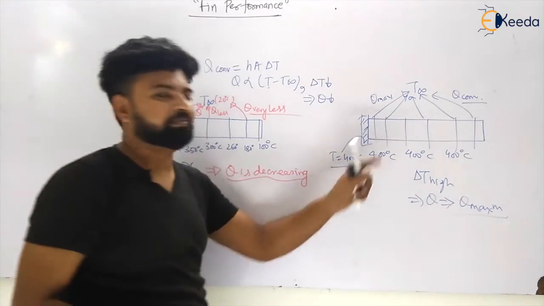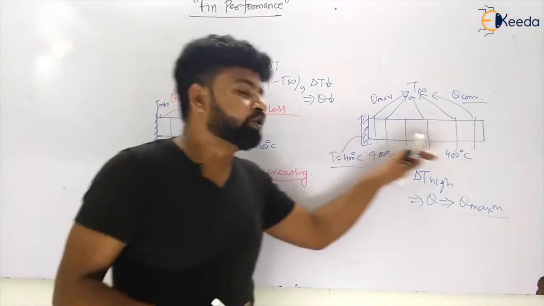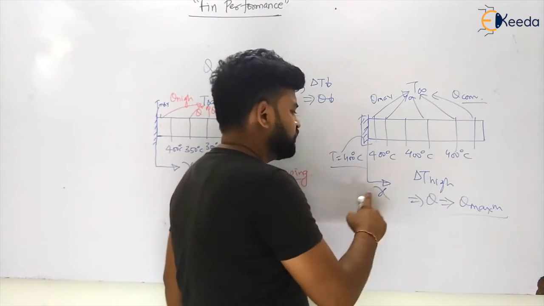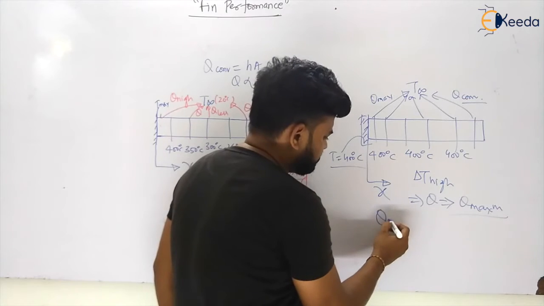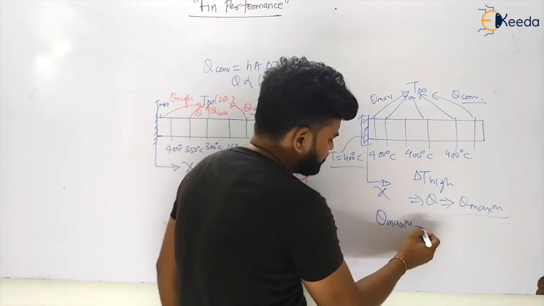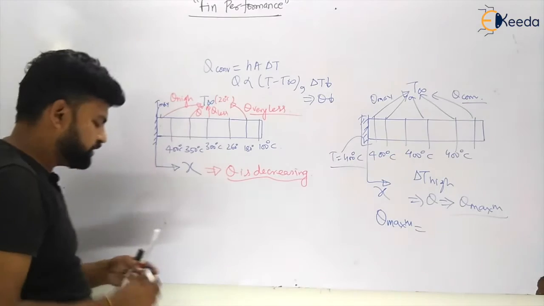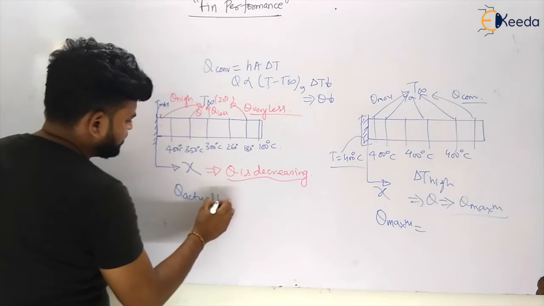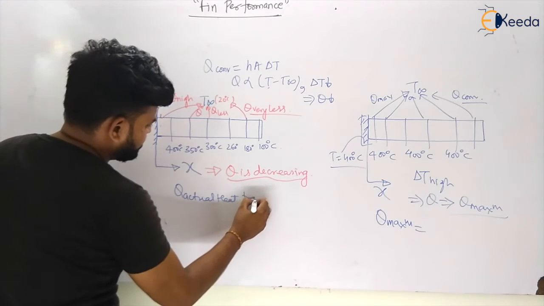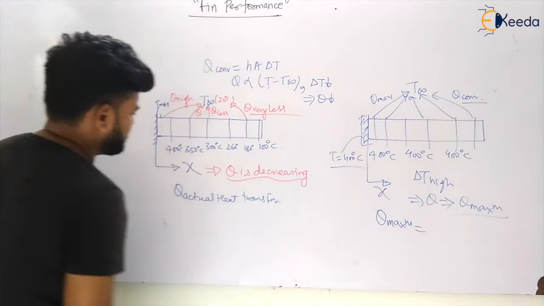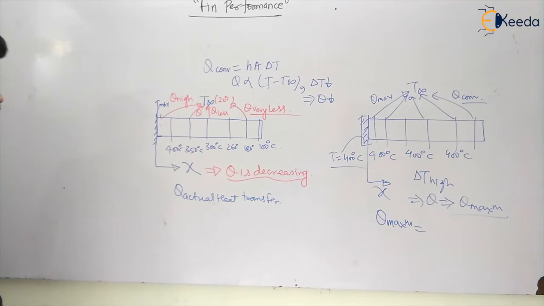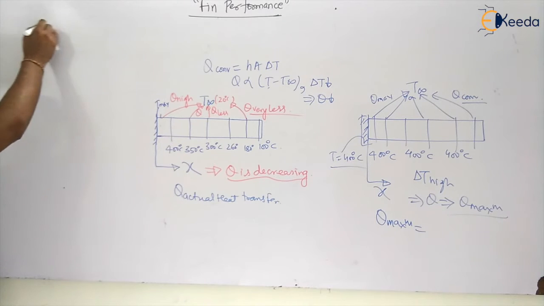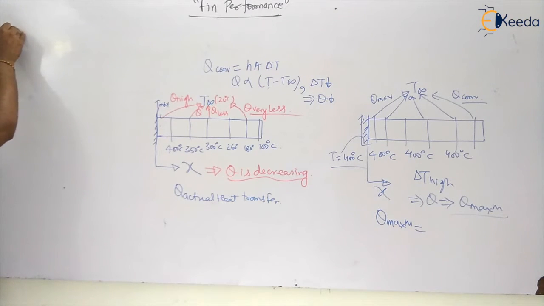In this case there will be the maximum heat transfer as the temperature is not decreasing along the x, my dear students. Whereas the previous case will be the actual condition, with the actual heat transfer. So how can we see that? Let us see. Along the x, if I talk about the fin performance, I can write the note.